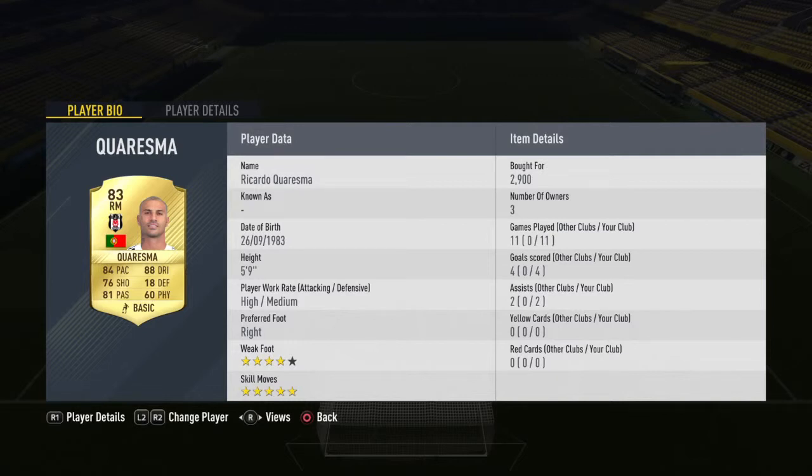5'9", high medium work rates, 11 games, 4 goals, 2 assists. Still not the best of records, but I think he'd probably be better played at a right forward position. 84 pace, 88 dribbling, 60 physical, 76 shooting, and 81 passing. This guy can hit it first time, and you can expect that to be in the top corner 9 times